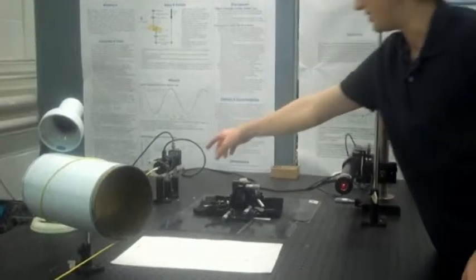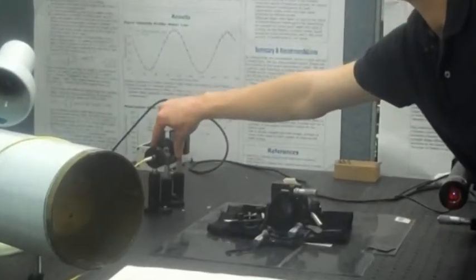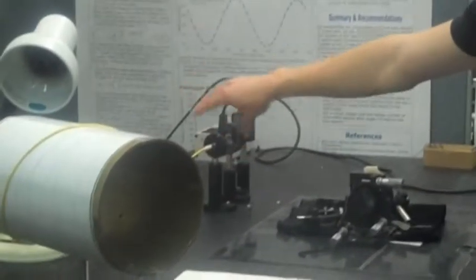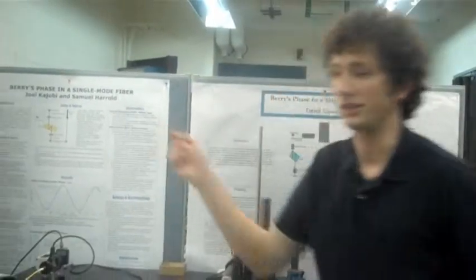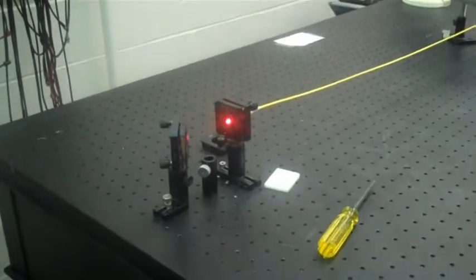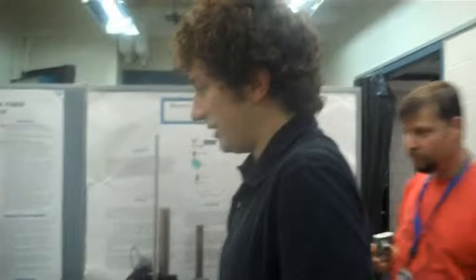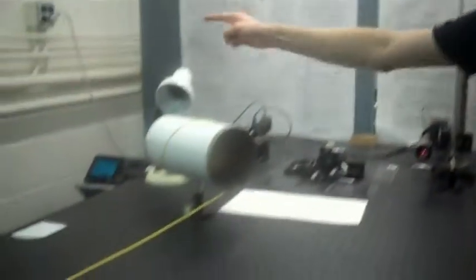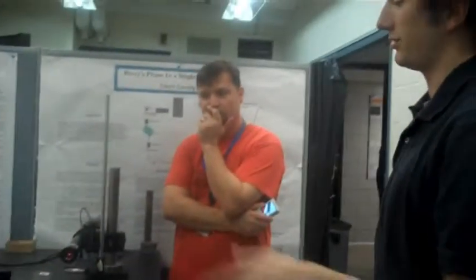So if I measure no light signal on the oscilloscope, that means that the polarization of the light going into this polarizer is orthogonal to whatever direction I select. And so I'll sit here and fiddle with this until my signal is completely minimized. I have no light getting through. And now I know what the polarization of this outgoing beam is, and I also know what the polarization of the incoming beam is. And then what you can do is measure a shift in the polarization due to traversing this helix